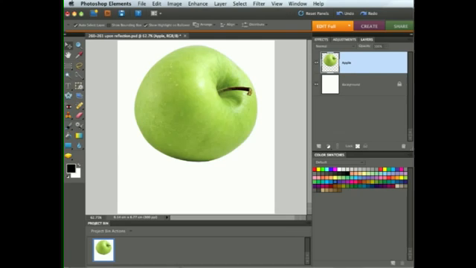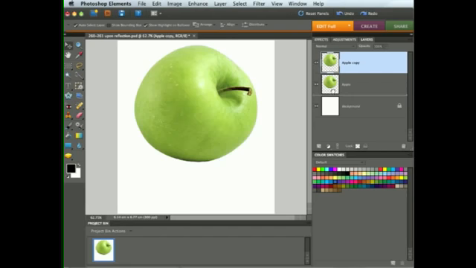Apple create promotional images to sell their iPods and iPhones and almost everything else they make. They like to do it by having a reflected copy of the object on a white surface. So we'll show how that technique's achieved using our own picture, this time of an apple. It seems appropriate. Let's duplicate this apple layer by dragging it onto the new document icon in the Layers palette,